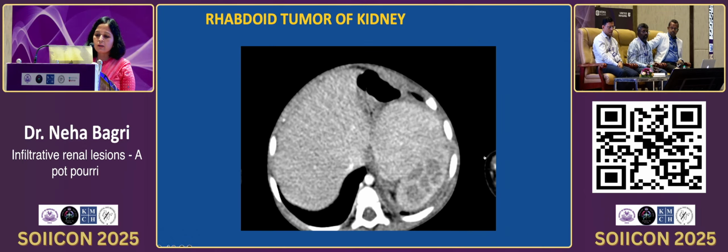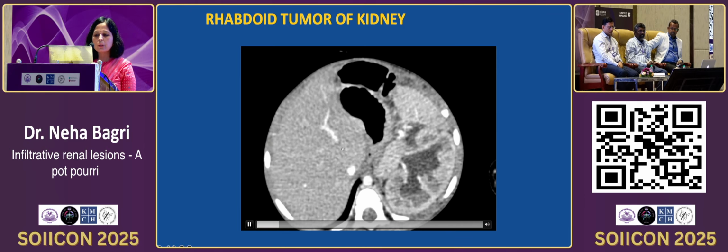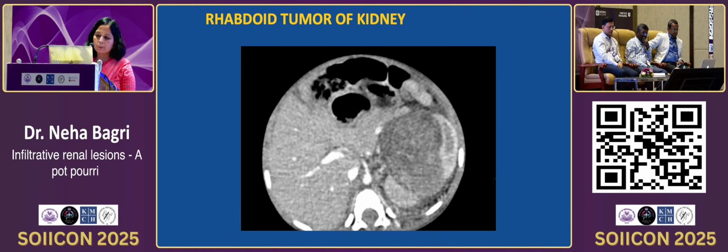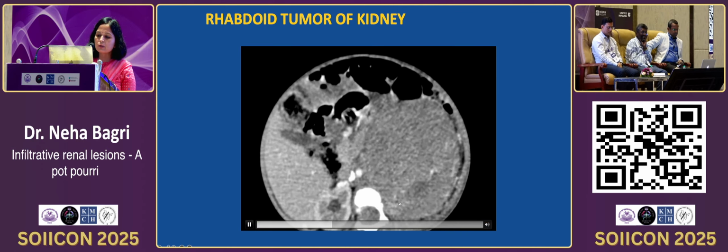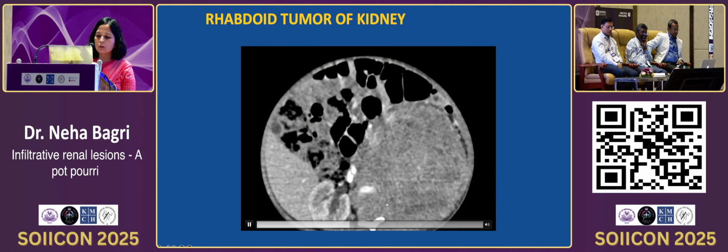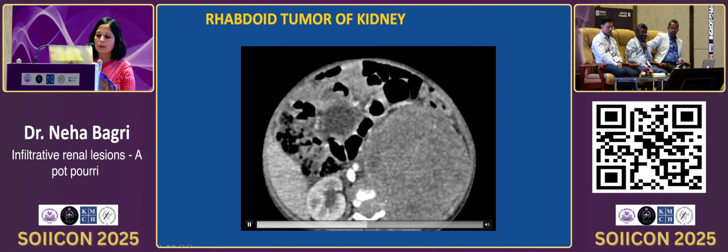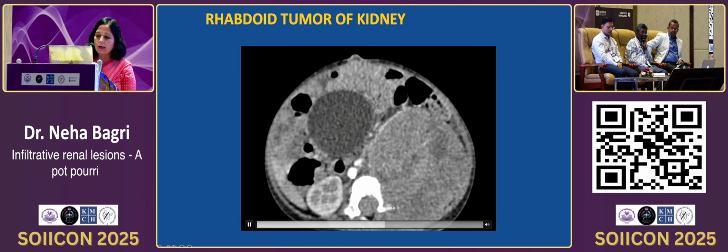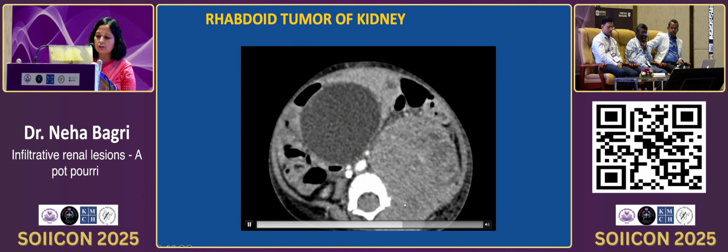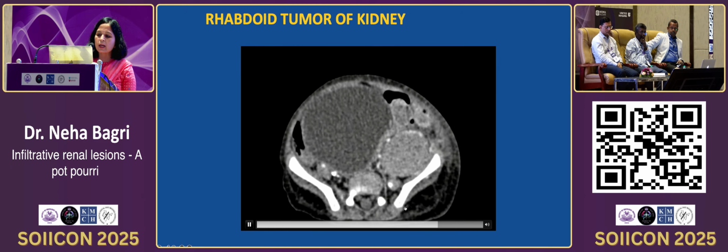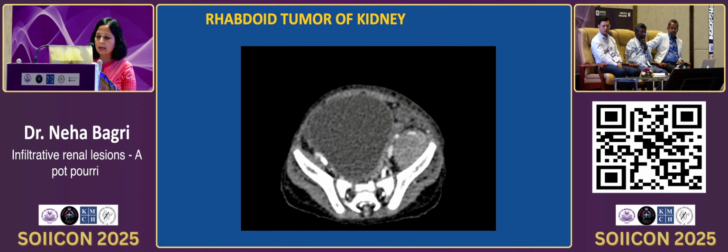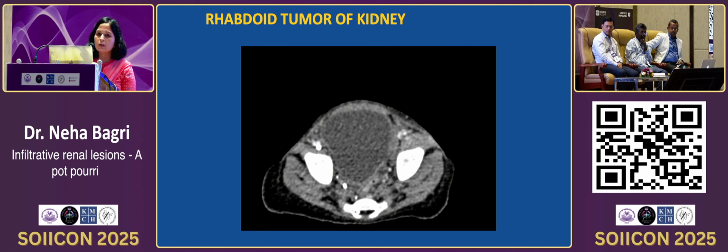Rhabdoid tumor of kidney, it is found in children, and it usually is a very aggressive lesion, and it presents as an infiltrative mass completely destroying the kidney. And in this case you can see extension of this tumor into the spinal canal through the neural foramina at multiple levels, and inferiorly you will see its infiltration into the muscle as well. So these tumors are again very aggressive, so that is why in adult infiltrative RCCs rhabdoid differentiation is usually found on